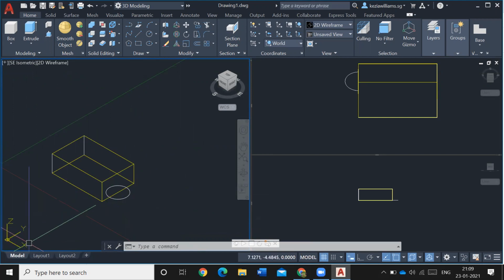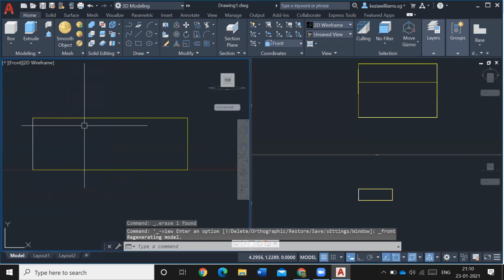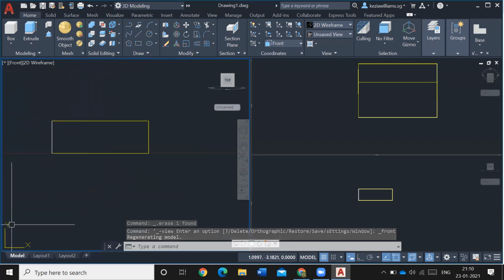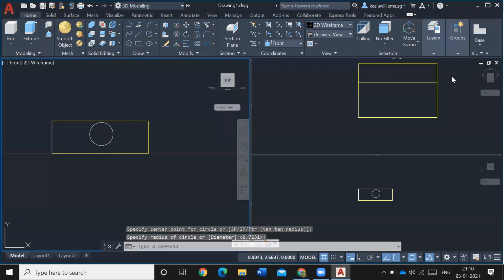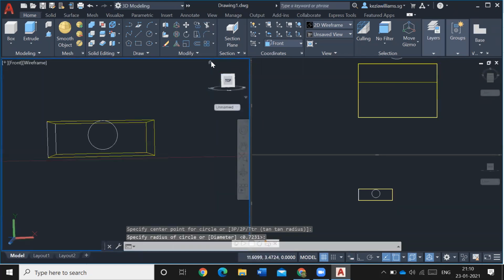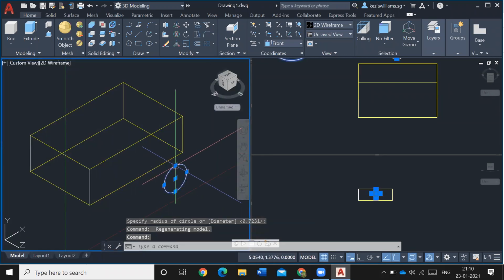So how to change this plane? I delete this one first. Two things you can do. Now I change this view to front. Now it is in front view, and XY is here, right? See, XY also changes. Now I try to draw a circle here. I drew it, but the thing is not at this point, correct?